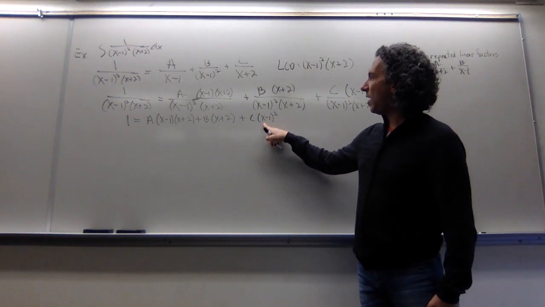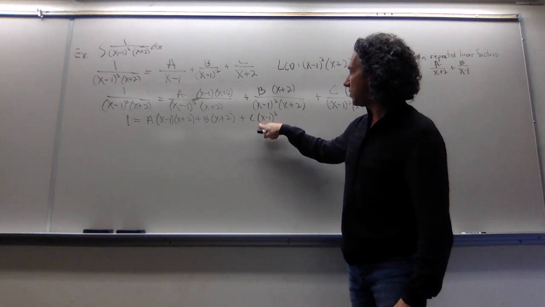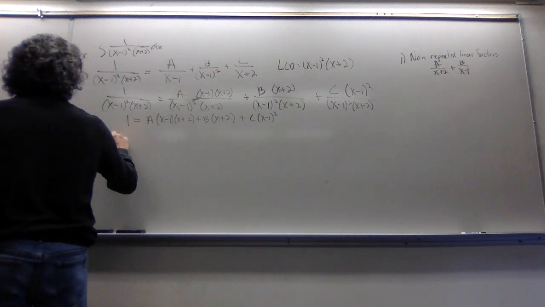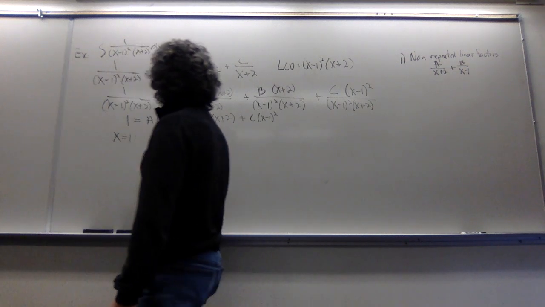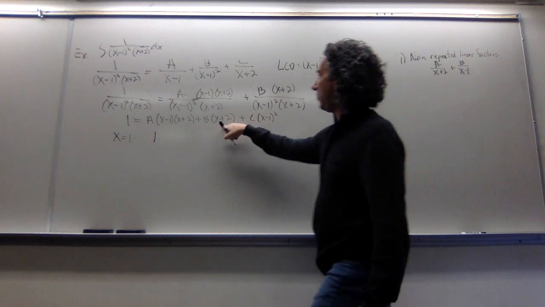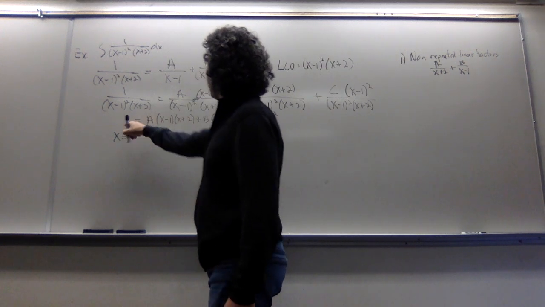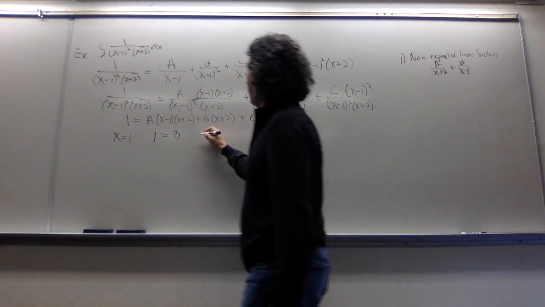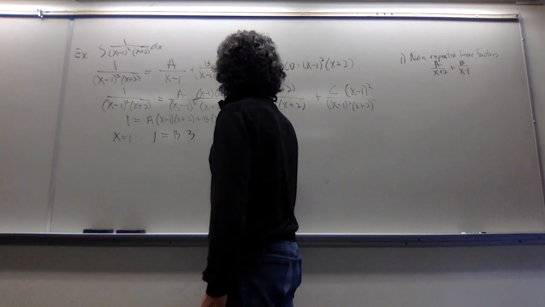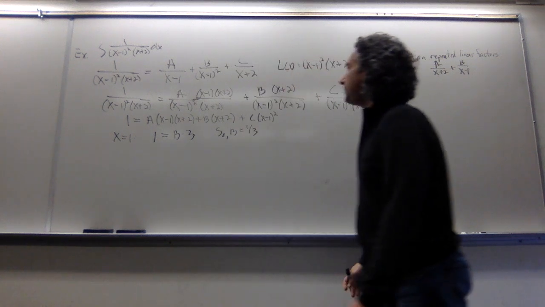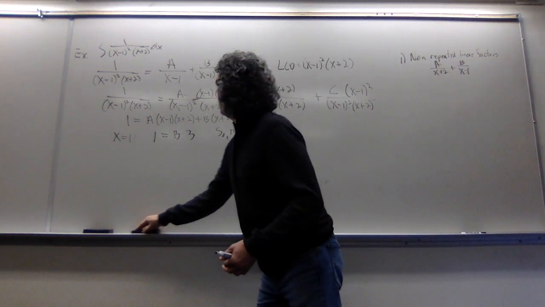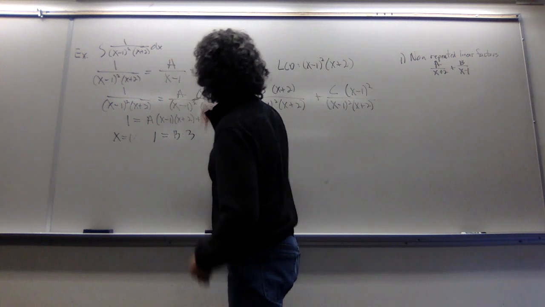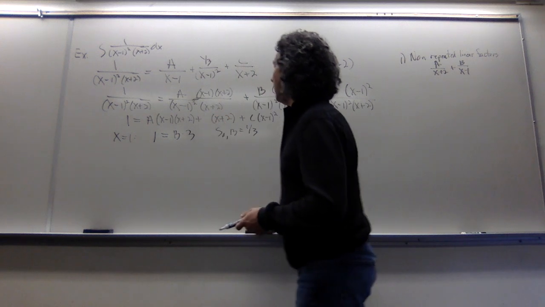Well, how about x equals 1? If x equals 1, this will go away, and that'll go away, and I'll be left with this guy. So if x equals 1, that zaps out, and we're left with 1 on the left-hand side equals b times 1 plus 2, which is 3. So b is equal to 1/3. So first off, I like to start filling things in here so I see what I have. And let me also put it in here.